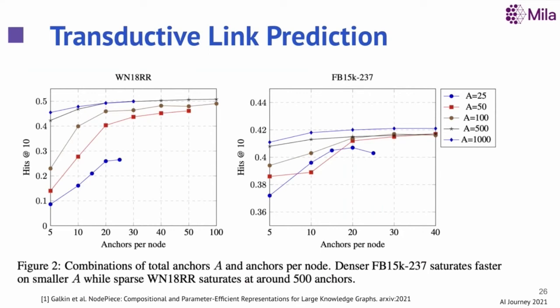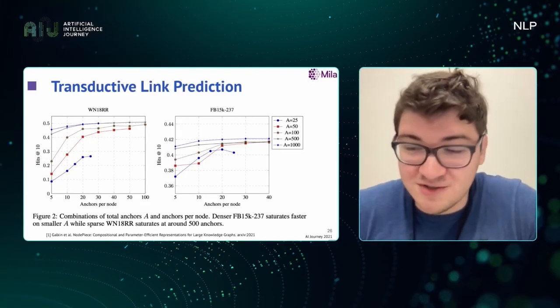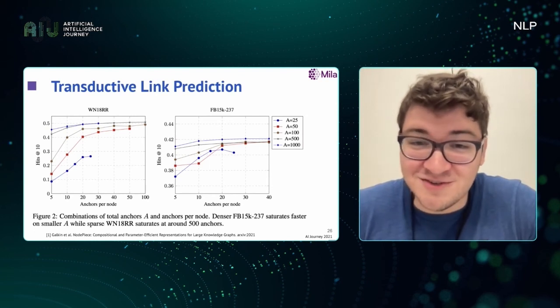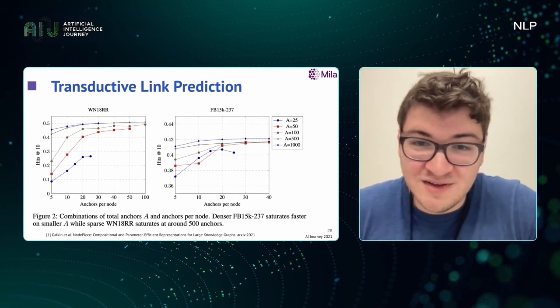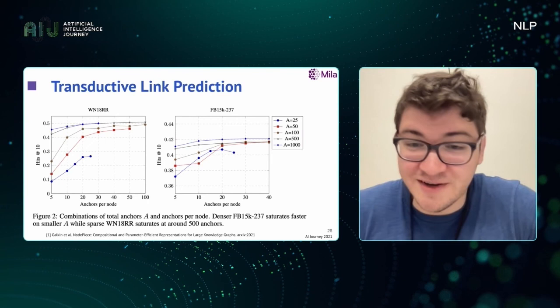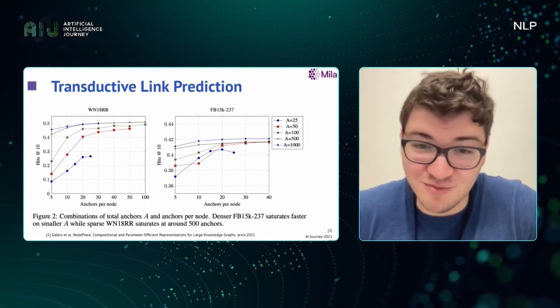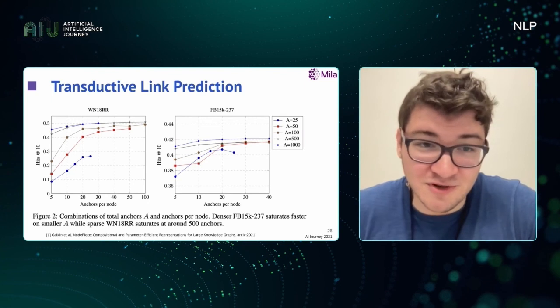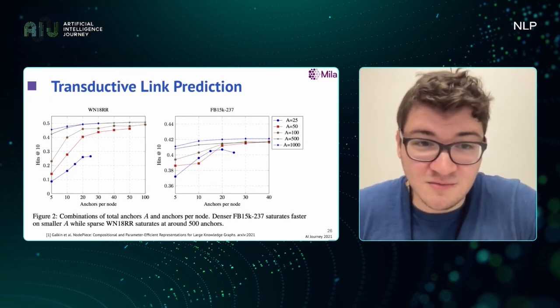If we look at the experiments, in transductive link prediction we need to find out how many anchors are necessary to effectively encode the nodes without losing efficiency. Here we can show that Freebase, for instance, which has many unique connections, needs 25 to 50 anchors per graph, which is a sufficient volume out of 15 compared to 15,000. This is huge savings, and saturation happens quite quickly, so we can effectively encode nodes with 10 to 20 anchors per node. So the length per node becomes 10 to 15 tokens.